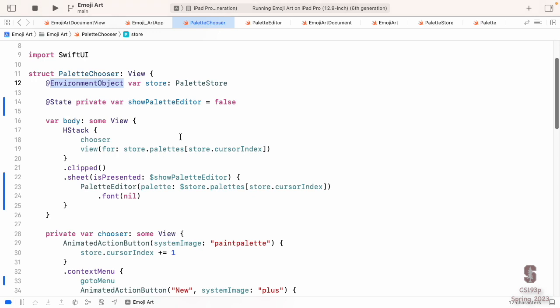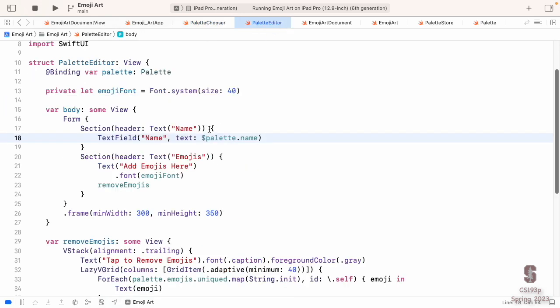Our palette store has a var called palettes. It's a computed var even, but we can bind right into it. In fact, look, I'm even binding to a certain element of that array. You can bind all the way down through. So I've created a binding to this source of truth. This is the source of truth. I'm going to pass that binding to my editor. Now everything that my editor does with that palette is going to be changing it in the source. Not changing it local or anything. Back in that source, it's actually being changed.